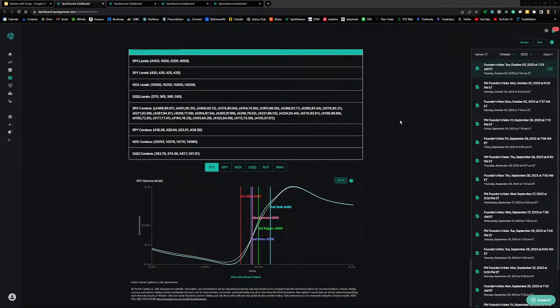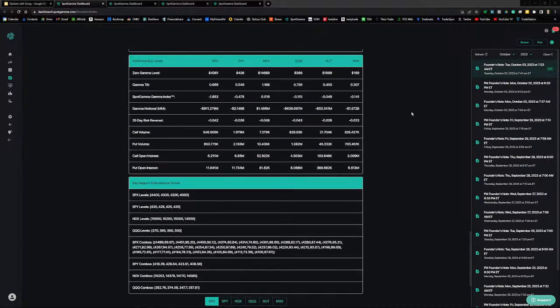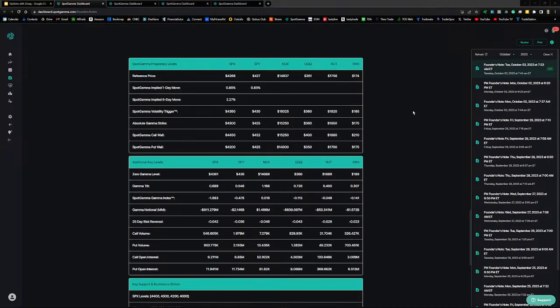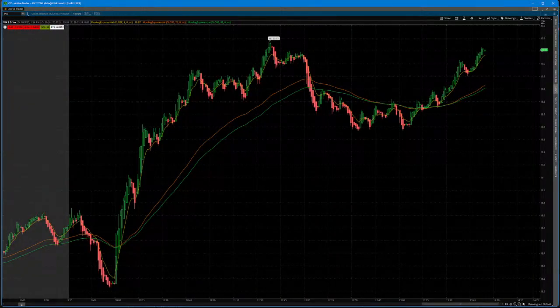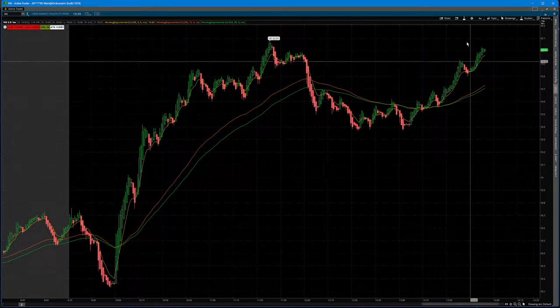All right, so my thesis for the day, first of all, looking for higher volatility. There were not enough shifts in levels to make any determination about a directional bias, but really what is driving price is treasury yields. So let's take a look at,